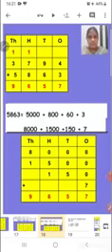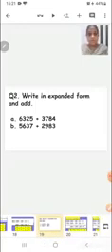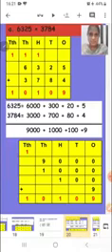Let us move on to question number 2, which is write in expanded form and add. Children, here the boxes are not given. The first question is 6325 plus 3784. So we have to draw the tables and everything. Write the question first, then we have to solve it as normal addition. Write all the numbers in their proper place.